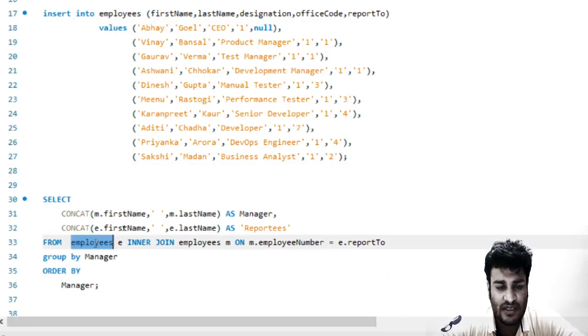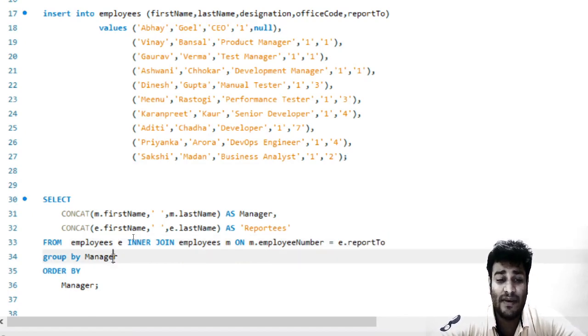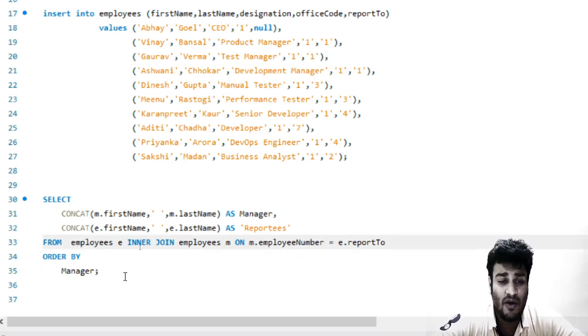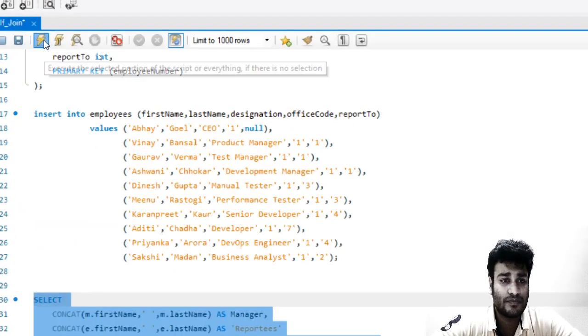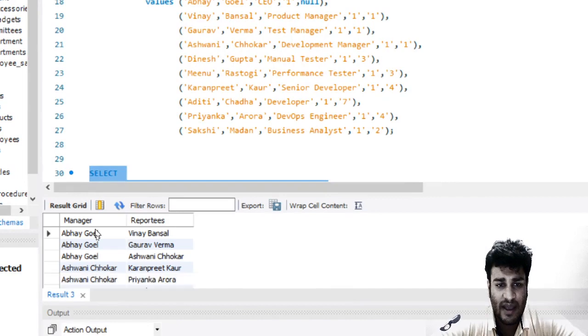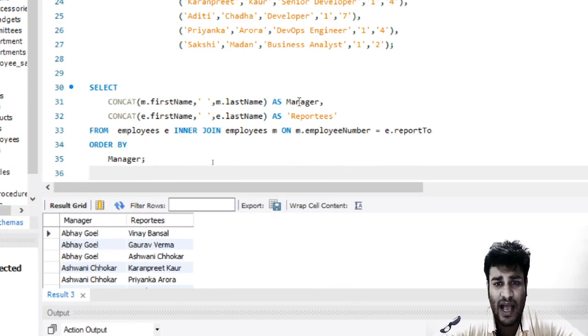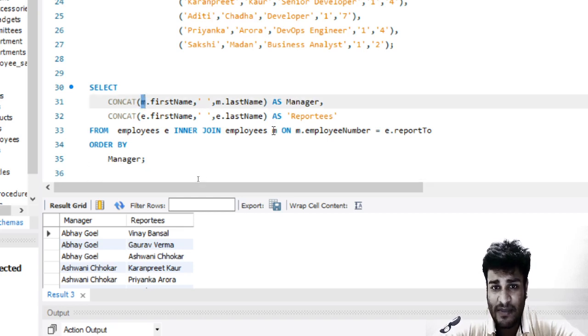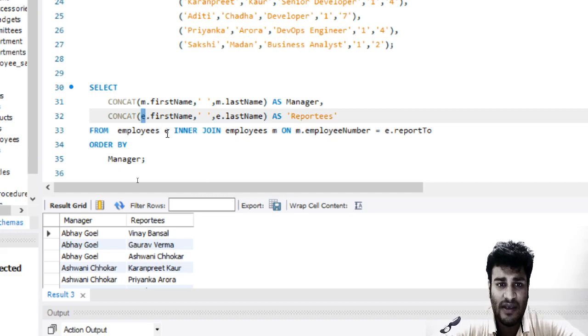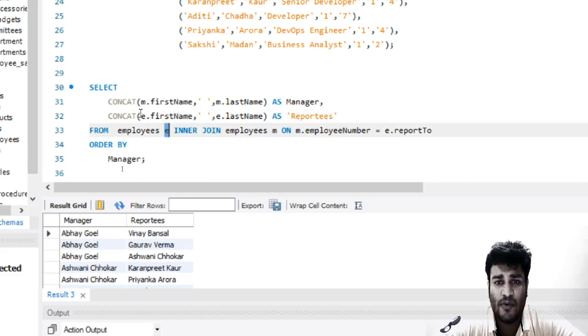In this query, first we have a table, then we have the second table, the same table, and the first table is mapped by employee number and the second table is mapped by report to. Then we are using a group by statement, which we can ignore as of now, and I will just go ahead and run this query. You see that we are selecting just two columns over here. One is first name, last name as manager, then first name, last name of E. Both of them have the same columns but from different tables. It is for M. M is this, and this is for E. E is this.